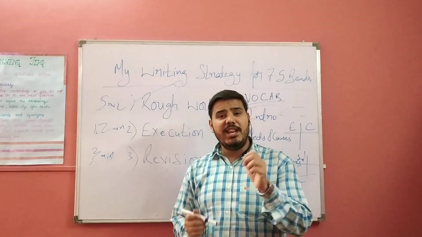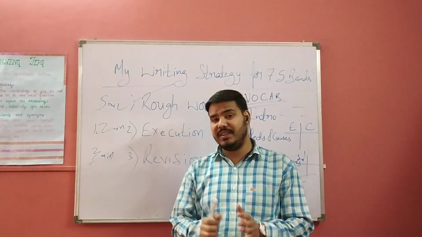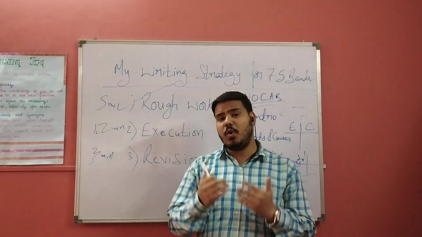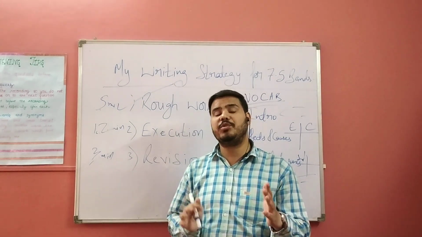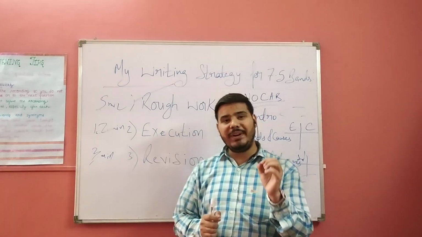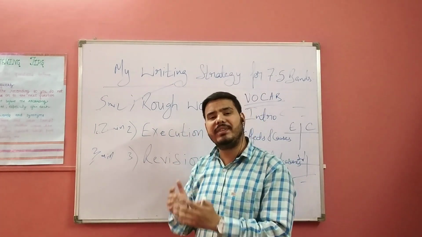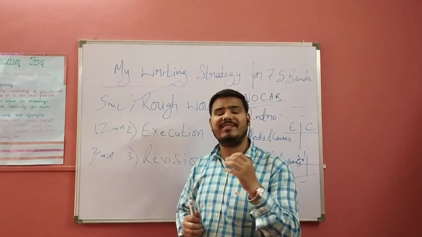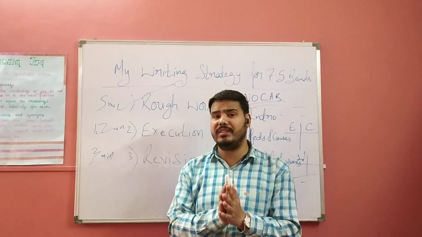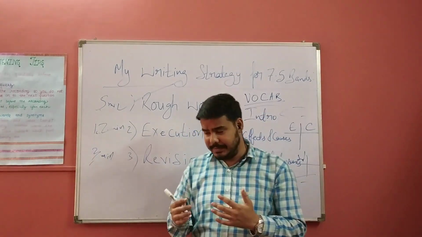Now, a lot of people think that you need to write only 150 words in task 1 and 250 words in the essay, which I feel is not correct. Because honestly, I have written over 300 words in my task 2 and I got 7.5 bands. So the word 'at least' means you need to write at least 250 words, but you can extend it a bit higher. If you have some very good points, the examiner is definitely going to give you leverage on that. So just make sure you don't go beyond 300 as I did.